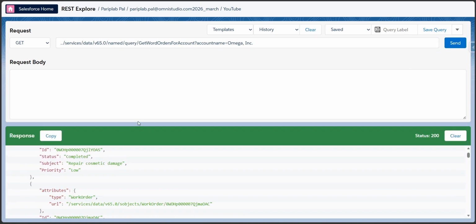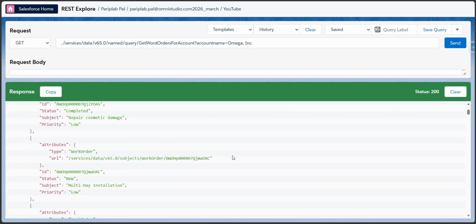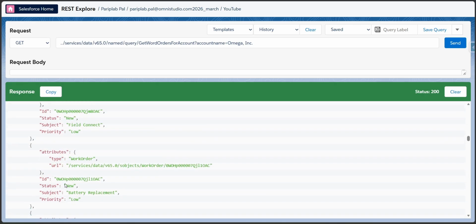And we could see that the total size is 35. There are 35 work order records, with different statuses. Status is being shown, subject, priority,